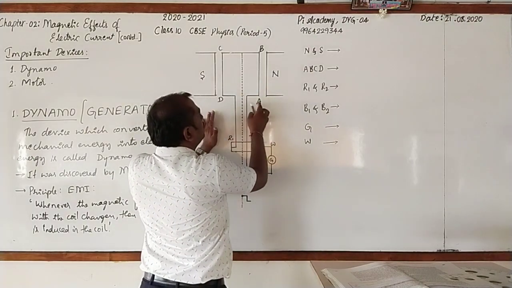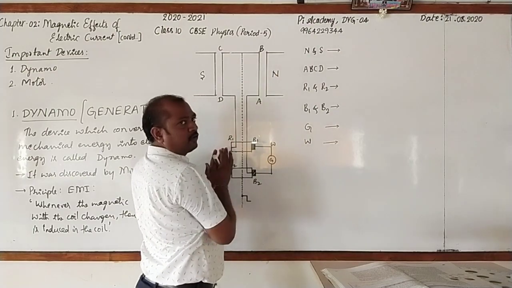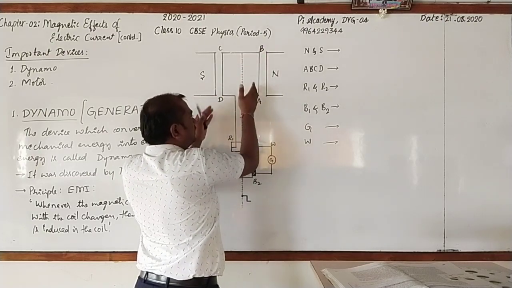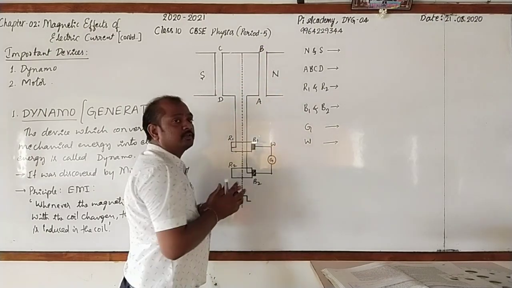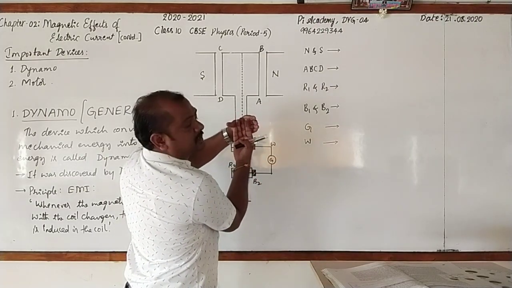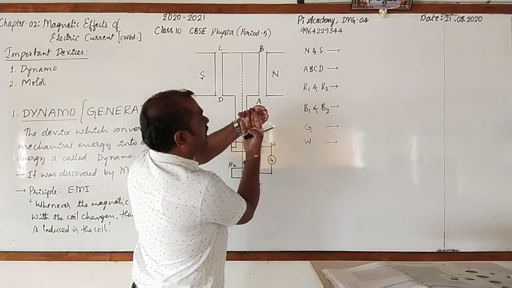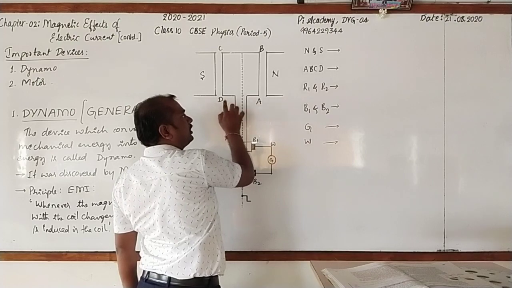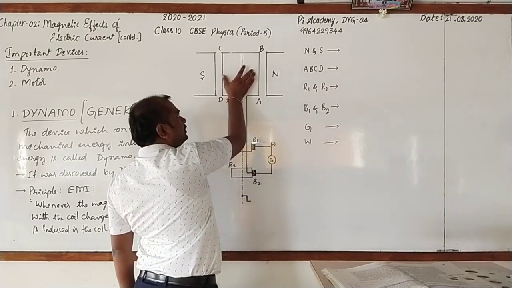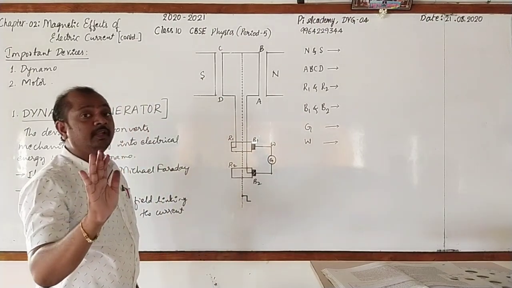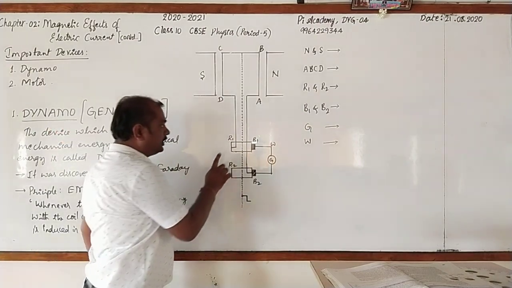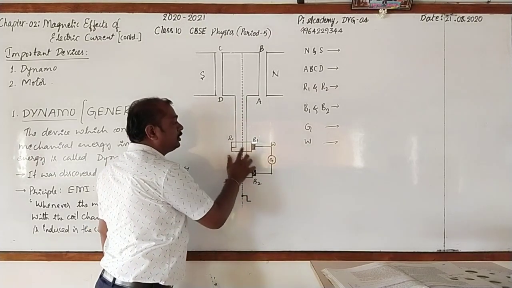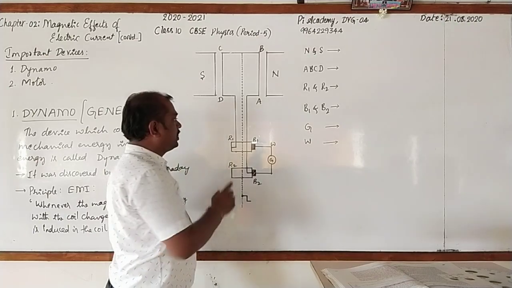And in between we have placed a rectangular coil of insulated copper wire, which is ABCD. It is a horseshoe magnet and we have placed the rectangular coil in this way. ABCD is a rectangular coil of insulated copper wire placed between the north and south poles of the field magnet. Clear? Then the free ends of the copper coil are connected to two copper rings,